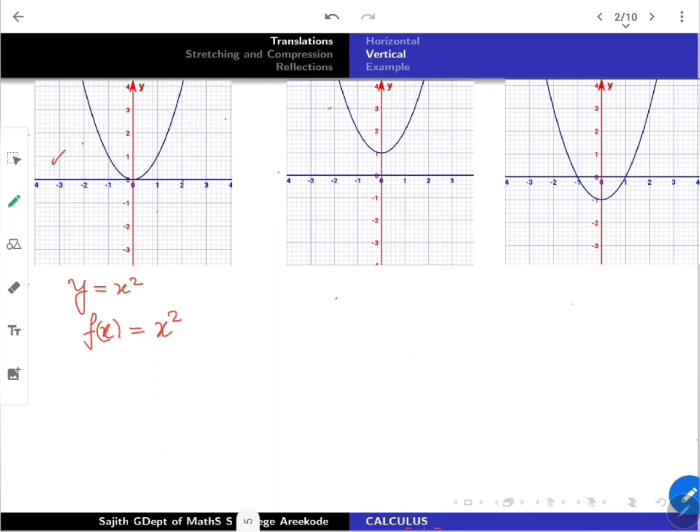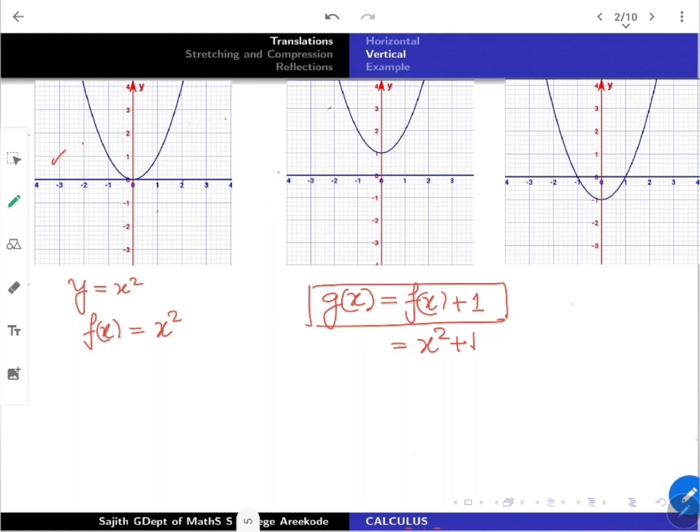Now, if you are defining a new function, g of x, whose rule is given by f of x plus 1, which means x squared plus 1 here, then what we are interested in now is